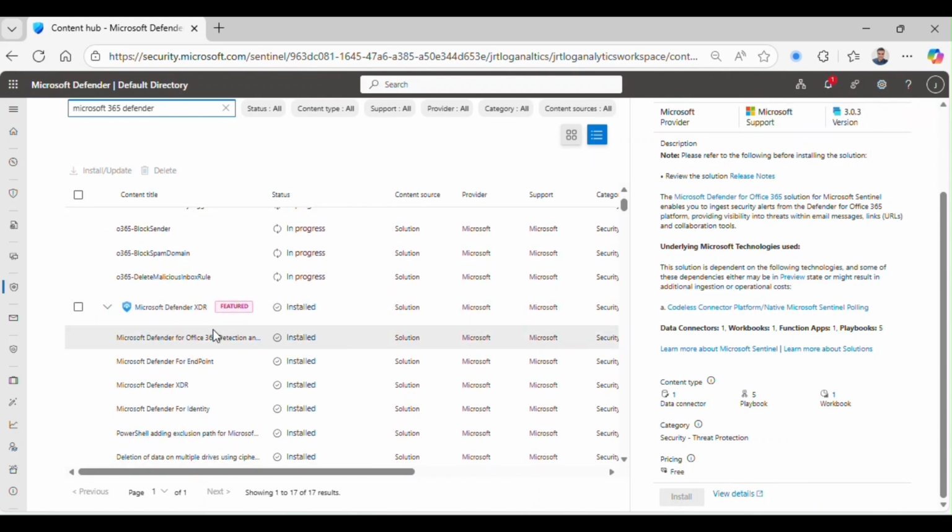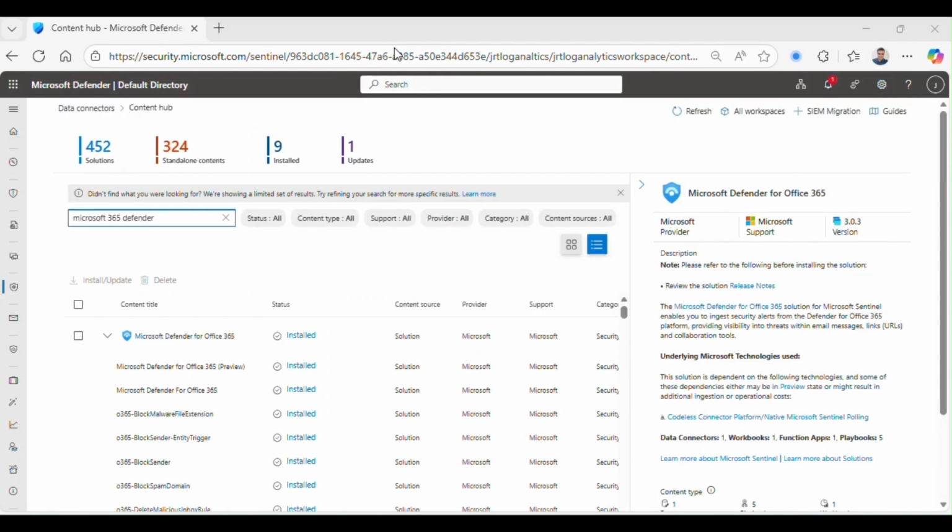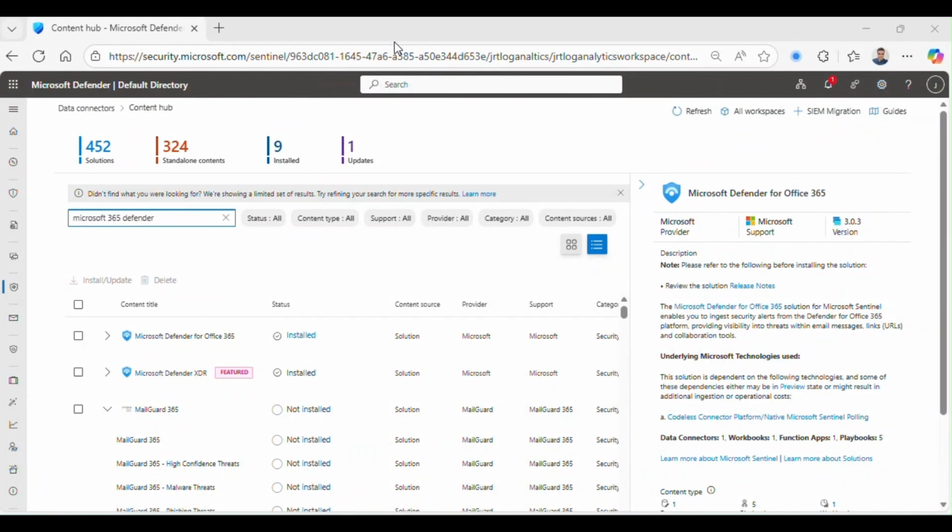While installing the Defender for Office 365 connector, you may see another connector, Defender XDR. So you might get confused about what these two are. So basically, Defender for Office 365 is a product suite